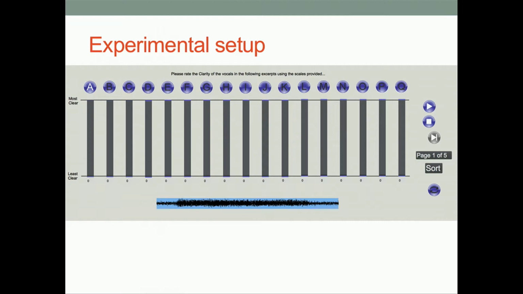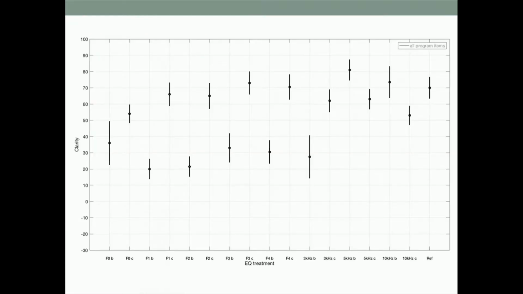So I'll go into the results quickly. I think I've got about 5 minutes. I'll just explain what this plot is. It's basically a line plot. On the left here is clarity, so how clear a stimulus was rated to be. All the dots are the median, like the average rating. And this is a confidence interval, which means statistics say if I was to run this listening test 100 times, which I'm not going to do, in about 95% of cases the average is going to sit somewhere on that line.